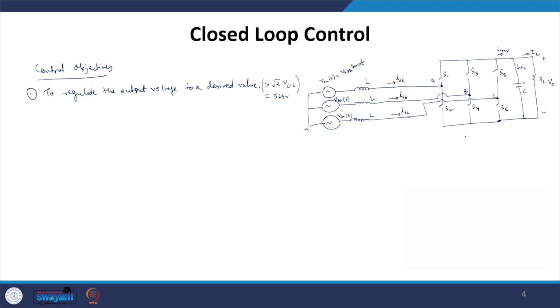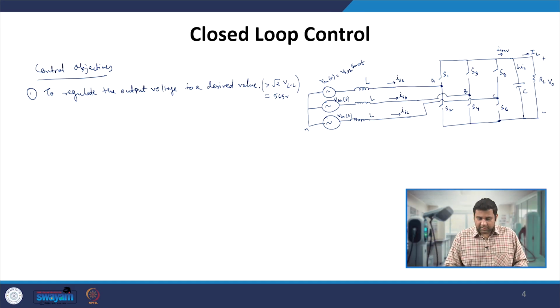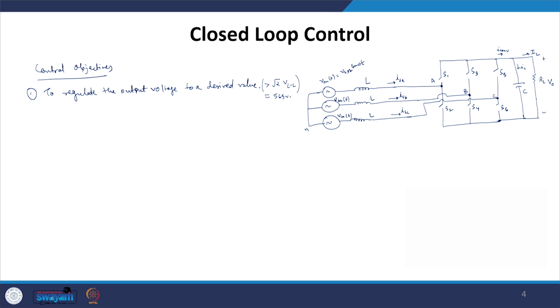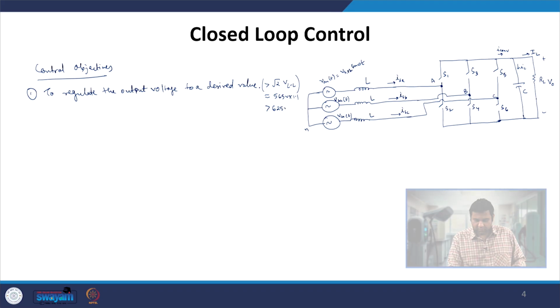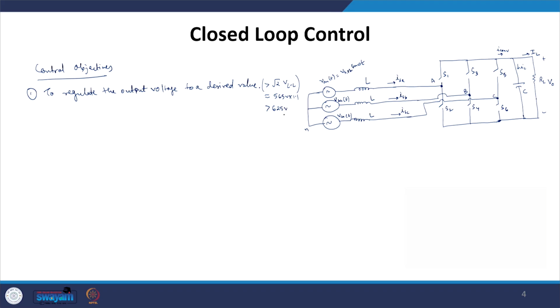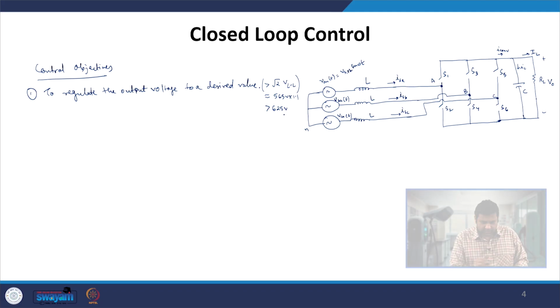We also have to take the drop into consideration, so that will be somewhere around 650 volt or 700 volt. So, it has to be greater than this value, minimum value it has to be this much, and then if we consider the overall 10% voltage drop, it has to be greater than 620 or nearly about 625 volt, roughly 625 volt. So, that has to be greater than that. Generally they keep the voltage at 650 or 700 volts. So, this is our first control objective.